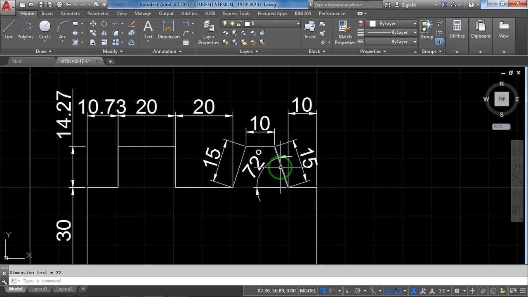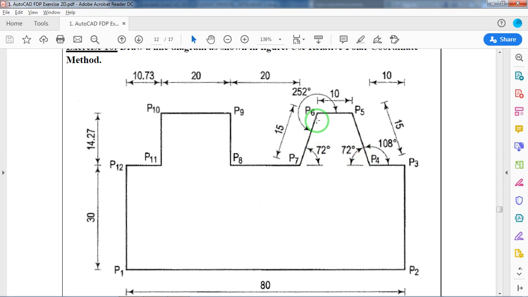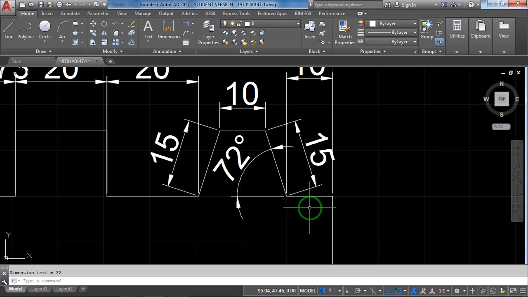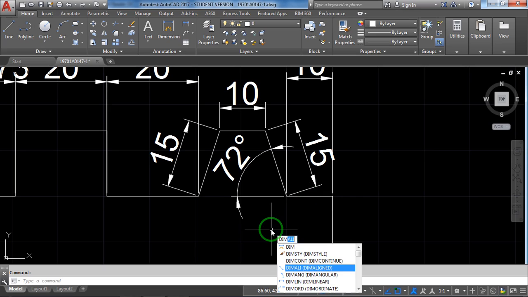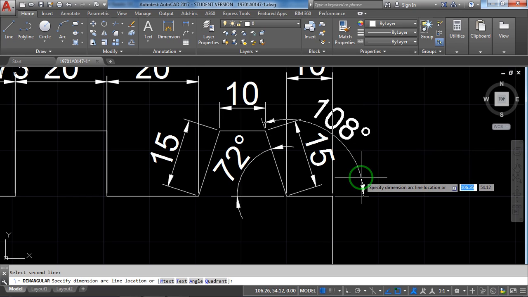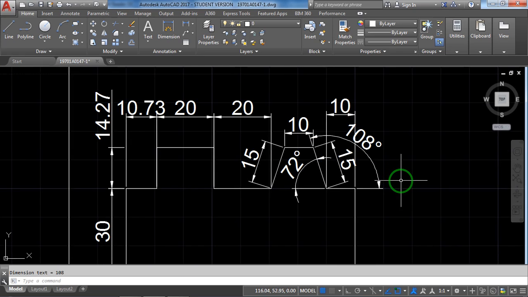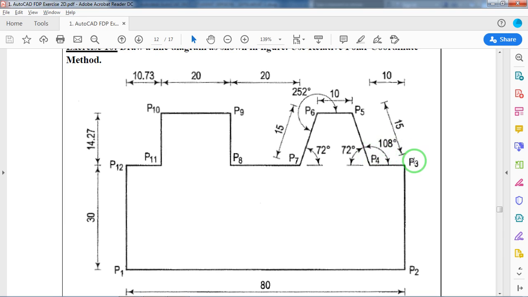Hope you all understand. First line, second line, if you try to select, it will automatically give the angle in between, 72. But I will show you outside 108, how it will be. Same dimension, select angular. See, we have to select first line, select second line, it is asking, select second line. Now try to pull it out or try to reduce it. See, you can see the 108 angle here in between these two lines. Text size is more so it's not able to show clearly. 108 is in between here.